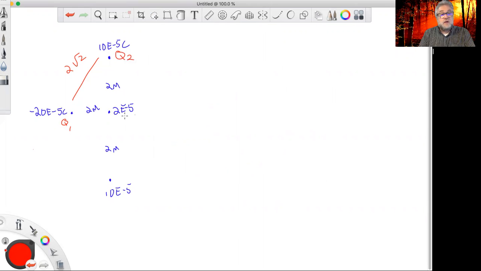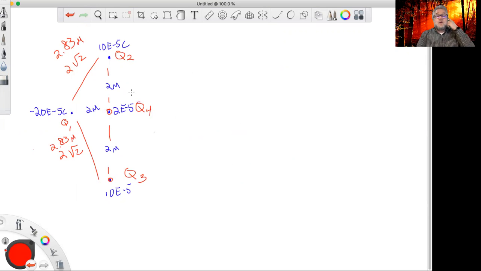2 meters away is charge Q4, I call him, right here. And this guy is Q3, 2 meters away, 2 meters away. This distance is 2 radical 2, like up here, which is the same as 2.83 meters. Okay, so if I want to know the total potential energy stored in the system, that's going to be